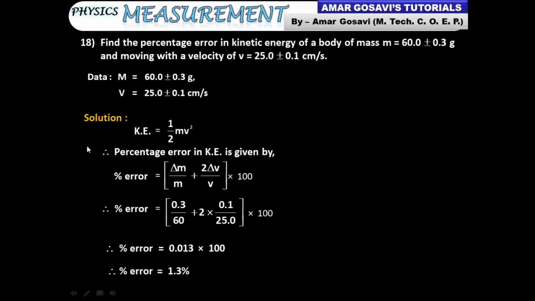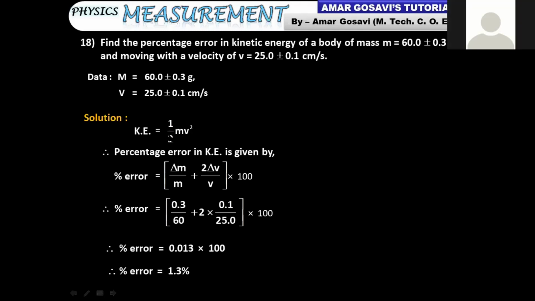Where can the error be? There is no error in measuring a number. The error is in the quantity that we measure, the physical quantity. Now what is a physical quantity? The quantity which can be measured. So mass is a physical quantity, velocity is a physical quantity. Therefore, the error will always be involved in the physical quantities and not the number. This number you get from experiments, so you just discard this.